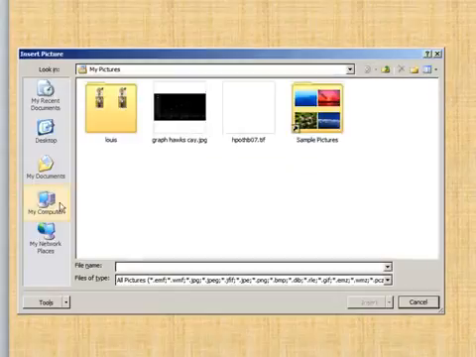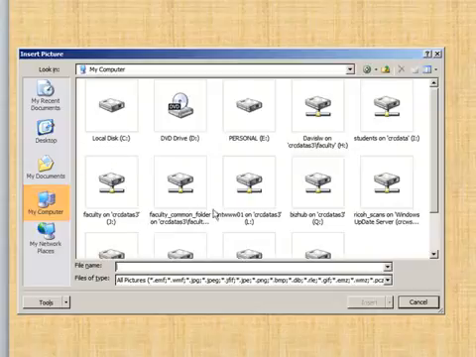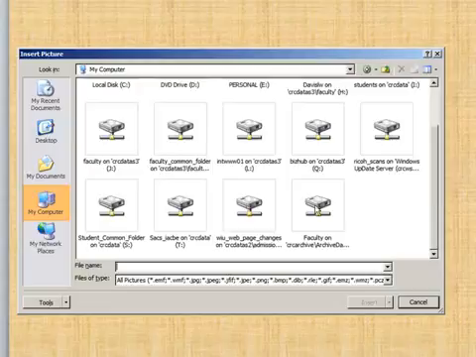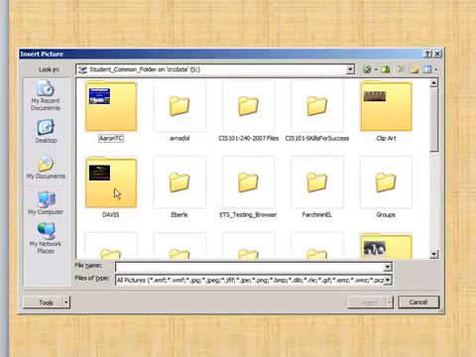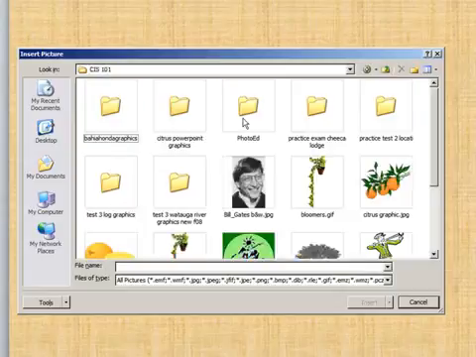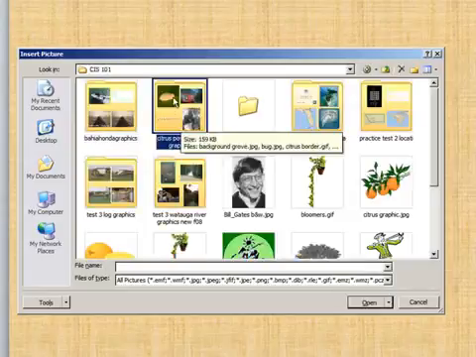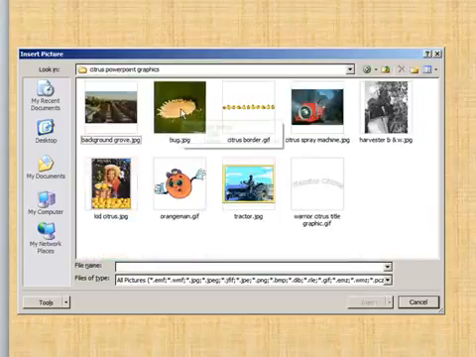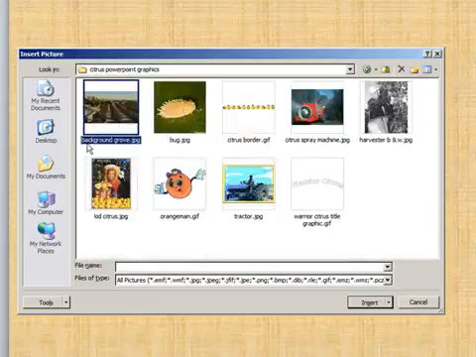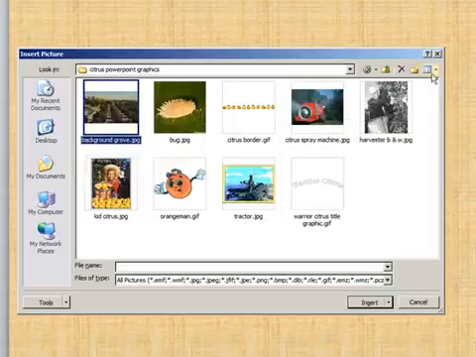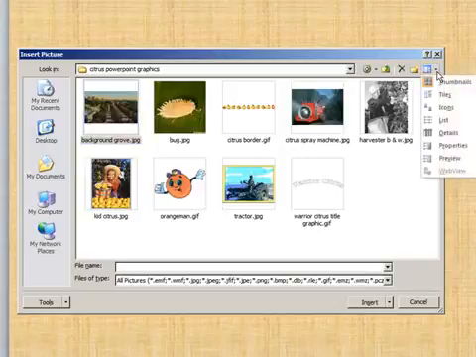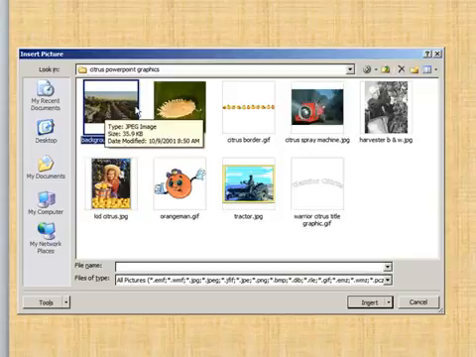So let's go there, and let me go to the folder that my students use in Drive S, and go to my Davis folder and CIS 101. I have a folder there called Citrus PowerPoint Graphics that will work for us today. Open this up, and you'll see one of the images entitled Background Grove. Now, if you do not see these thumbnail images, you can go up to Views, and if you're not on Thumbnail, go ahead and get on Thumbnail Views instead of List or Details, because those are just going to give you the words for each picture. You want to be able to see what you're looking for there. So Background Grove is actually what we're going to use,